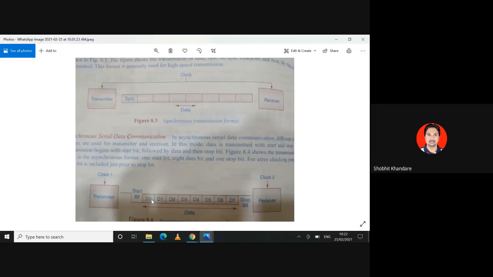But here you have 1 byte, and along with the 1 byte you have a start bit, stop bit, and parity bit. That means 8, 9, and 10, and if you are including the parity bit, it will be 11. Such a transmission format is not considered while considering the baud rate. So the format requires only 1 byte, even though the sync character is taken as separate, which is not data, but it is taken as a part of a byte. So baud rate is associated with the synchronous character.